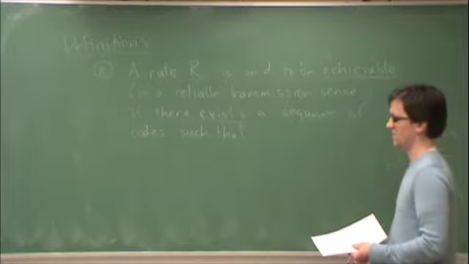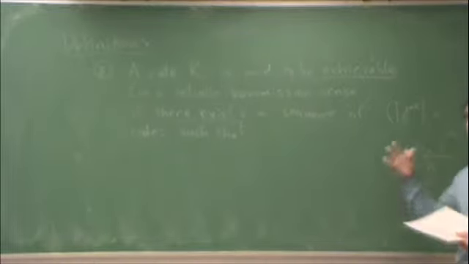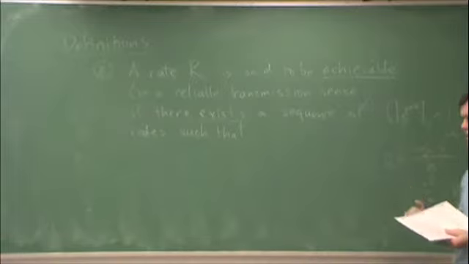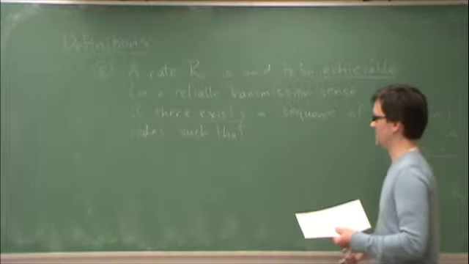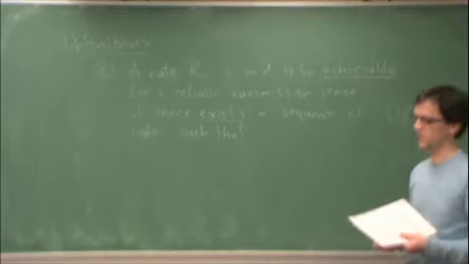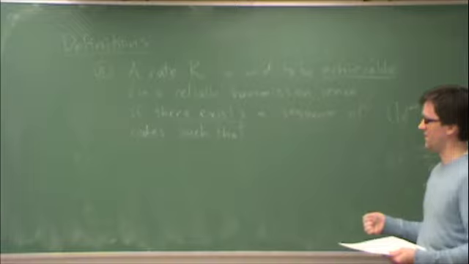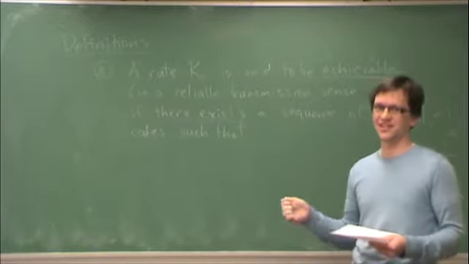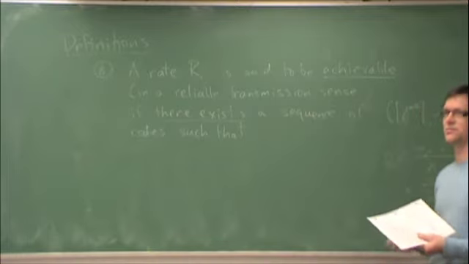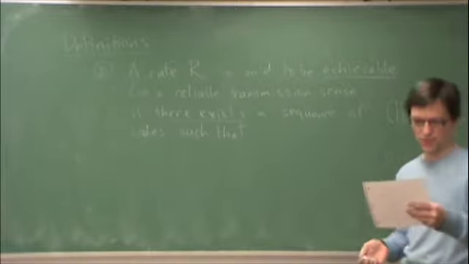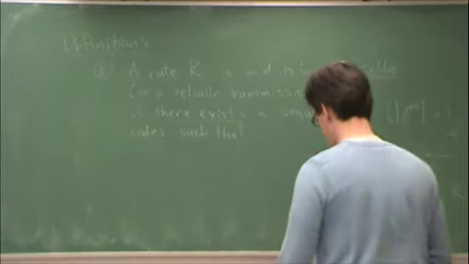As long as you can write down a sequence of codes starting with n equals 1, n equals 2, n equals 3, and so on to infinity, then the rate is achievable. It's important to note, I'm not telling you how to write down that sequence, only that it exists. The proofs of most of the theorems here are existence proofs. They're not constructive proofs. So we're just going to say there exists such a sequence. There's absolutely no sense of how to design, how to build them practically. Finally,